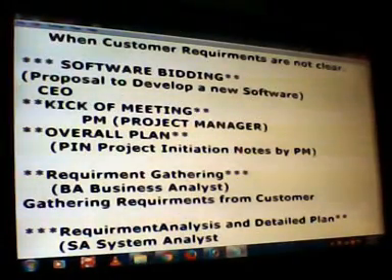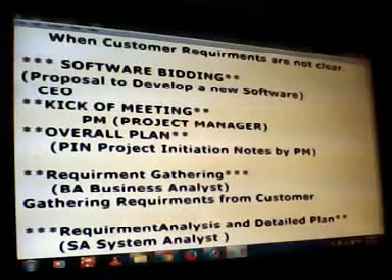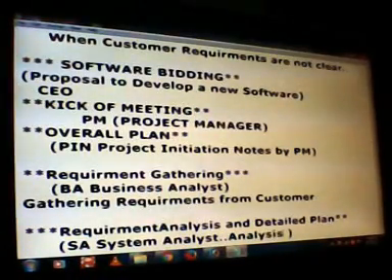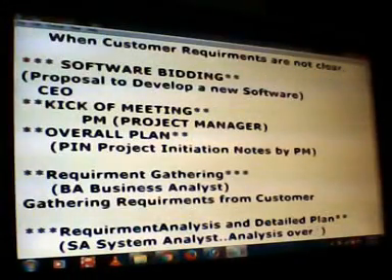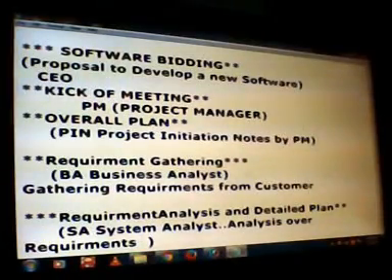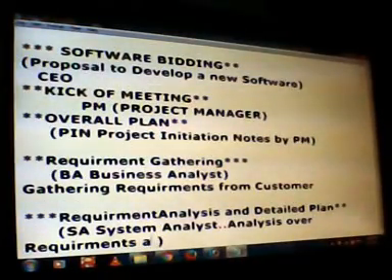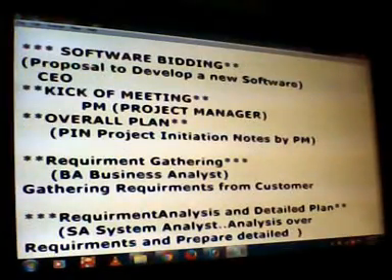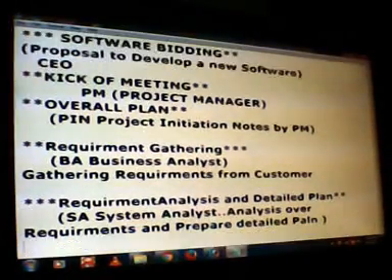The system analyst is going to analyze the requirements given by the business analyst, which the business analyst gathered from the customer, and the system analyst analyzes these requirements and prepares the detailed plan.